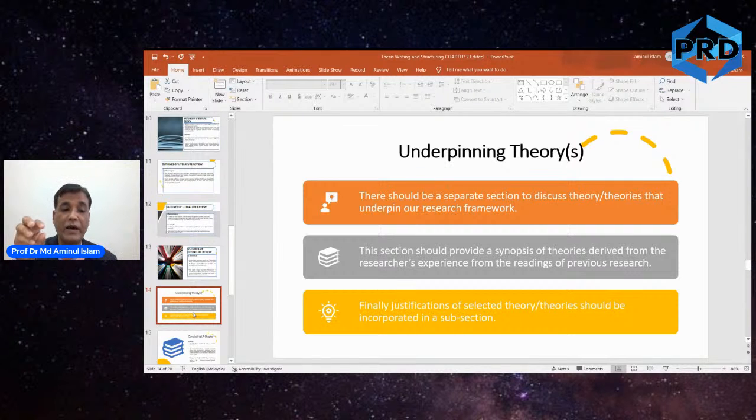Remember, in your research problem that you have identified, you may have, for example, 5 or 6 theories being selected, and you find they are connected with your research problem. So you may not be taking all the theories, right? Finally, you will select 1 or 2 theories. When you select 1 or 2 theories from many theories, definitely some kind of justification should be there. You have to justify why you have selected those theories, okay.